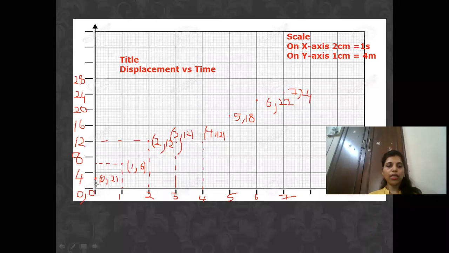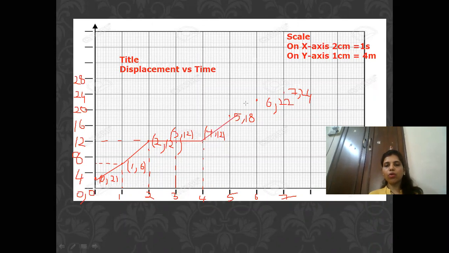So you join the line. You can see it is starting from 2. So first join till here. Okay, that is 1, 6, and then from there till 2, 12. After that, if you see, this is going parallel to the x-axis. Join this line. After that,